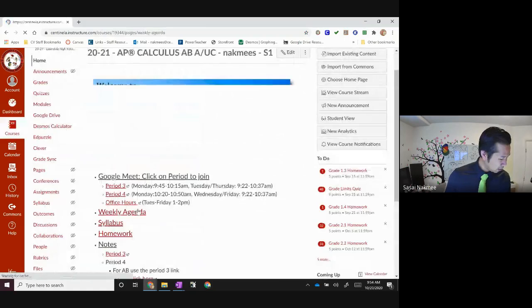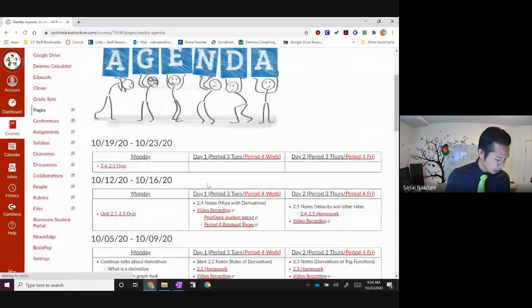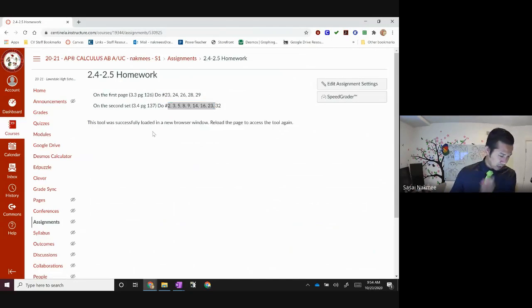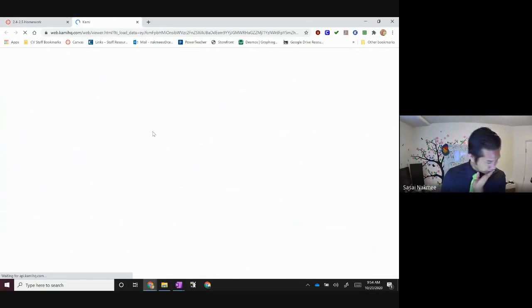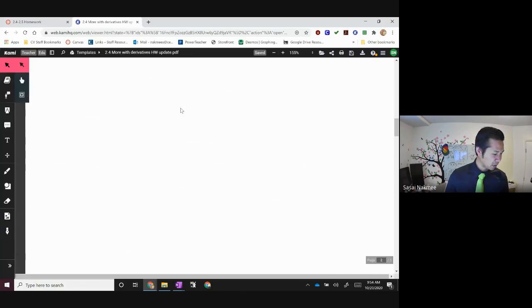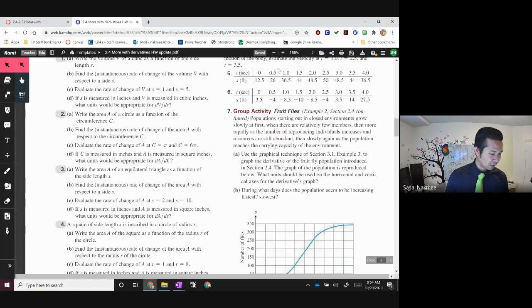Let's go over here. Let's take a look at this one problem I wanted to share with you guys, which is from the 2.4 to 2.5 homework. Oh, by the way, there are 2 pages on here, so 2 sets that you need to do. One from this page, which are these problems, and then the other one from this page. So be careful with that. Make sure you are doing them all. I tried to add the writings onto the actual pages themselves as well. So if you actually see here,